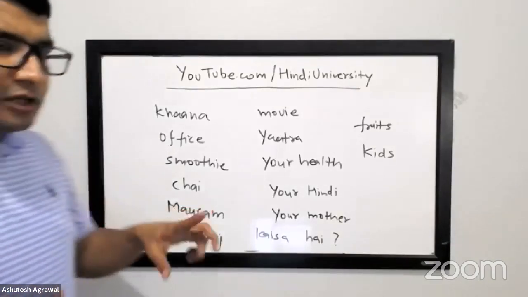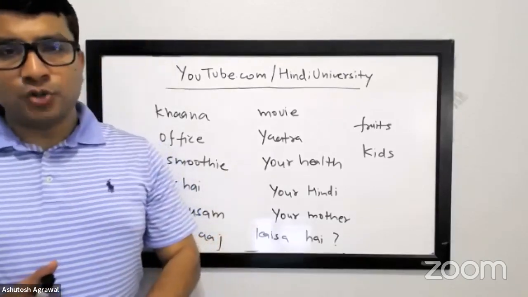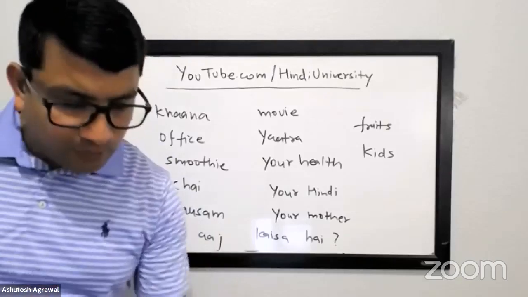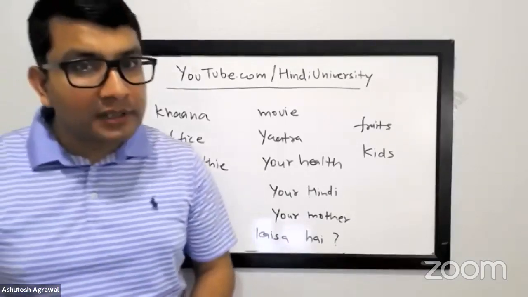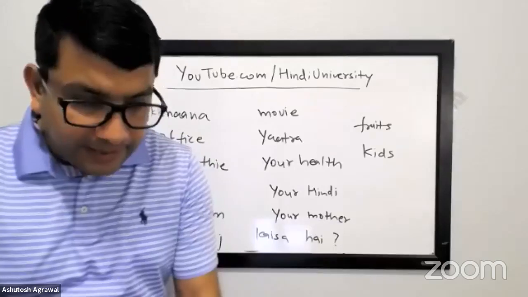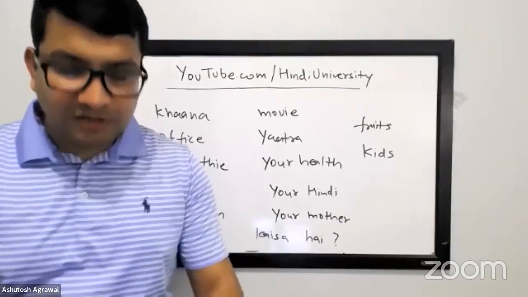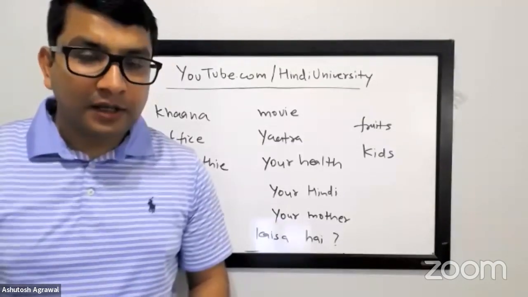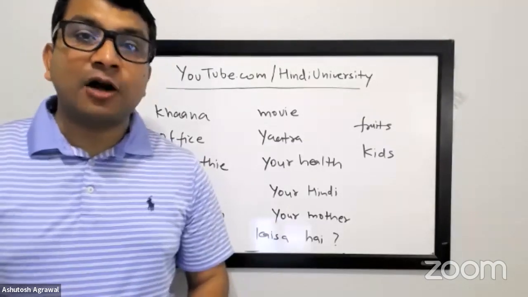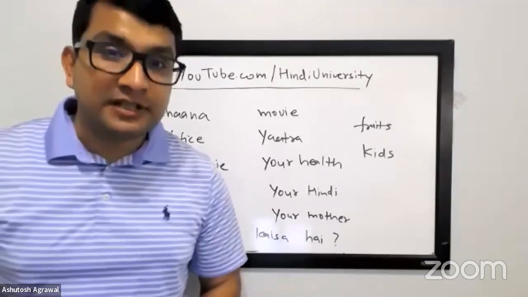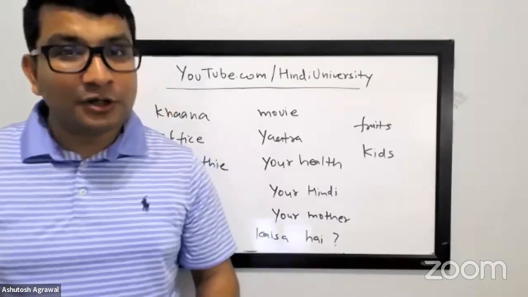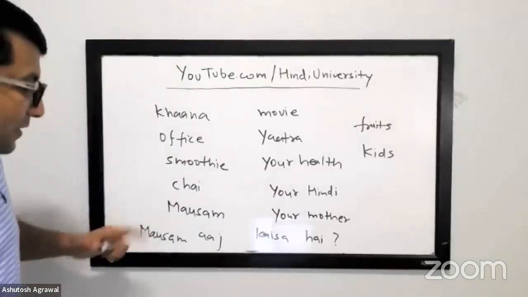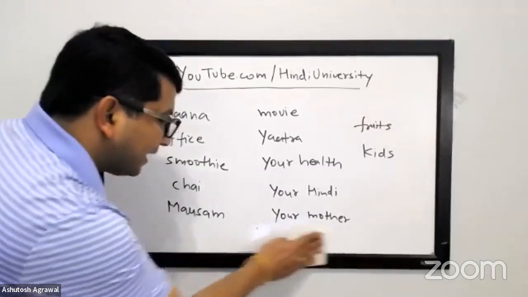Right after this, I'll tell you what it means. There is a slight variation you can do when you change the position of kaisa. Kaisa for the most part is when you want to inquire about the quality. But when you change the position of it, it means what kind of. For example, how's the food versus what kind of food is it? Is it vegetarian, not vegetarian? I'll come to you right after this. Awesome. Let's keep going.